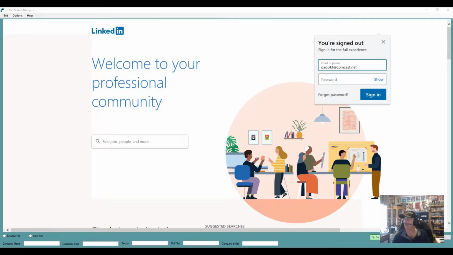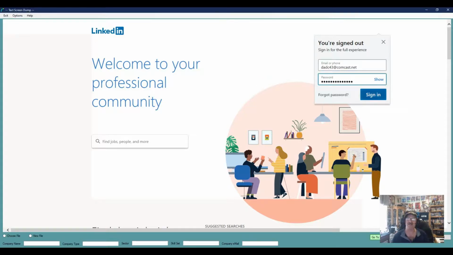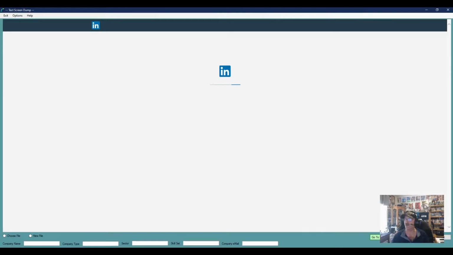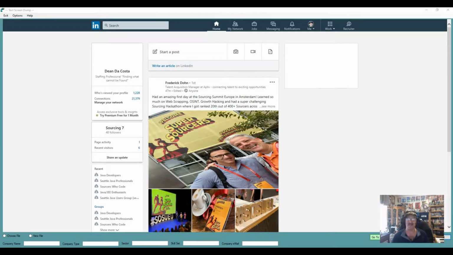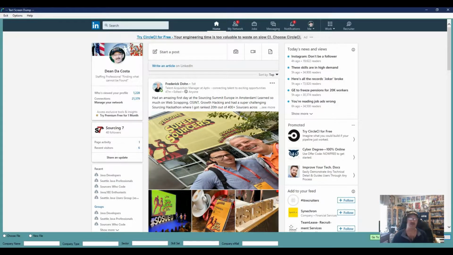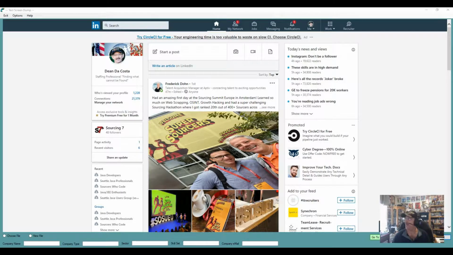So let me get signed into LinkedIn real quick. Now, the key here is you're not signing into LinkedIn in a normal browser. You're signing into LinkedIn via their browser. So that's number one you need to understand. That means your vulnerability to anything LinkedIn does is significantly different. In fact, I have looked at it, and LinkedIn doesn't trace this stuff. They don't know what's going on here, which is really cool. So the first thing we're going to do is go ahead and